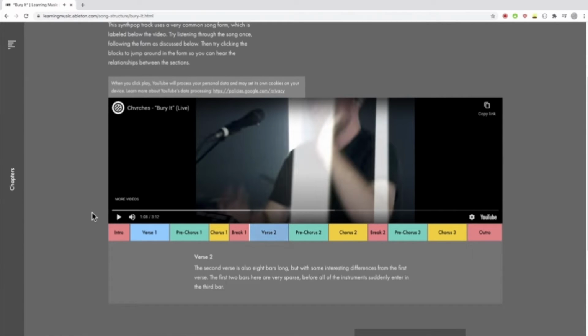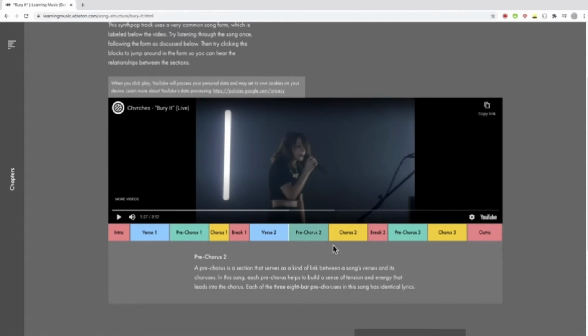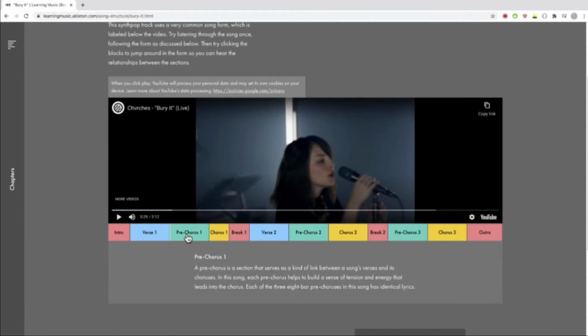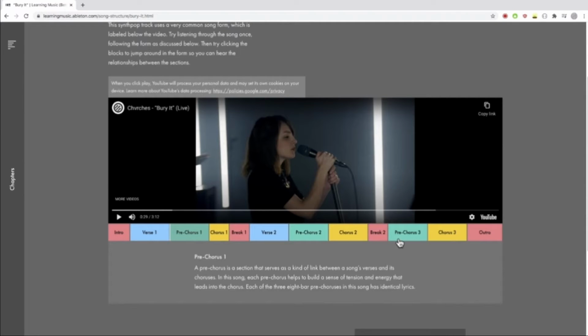So a break is basically what it says. It's just a way to break apart the sections between a chorus and a verse, because it might sound a bit odd and sudden and uncomfortable if you jump straight from your verse to your chorus and then jump straight back into the verse. So using this little tool, you can have a play around, just selecting any of these choruses and verses, and hear what they're doing.